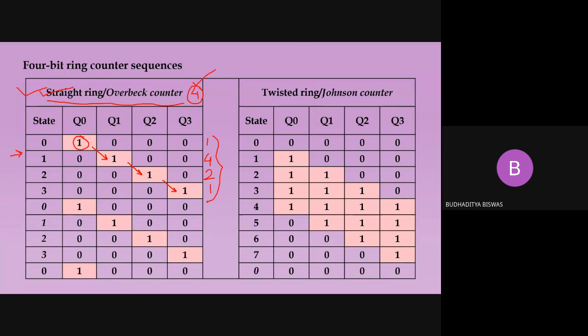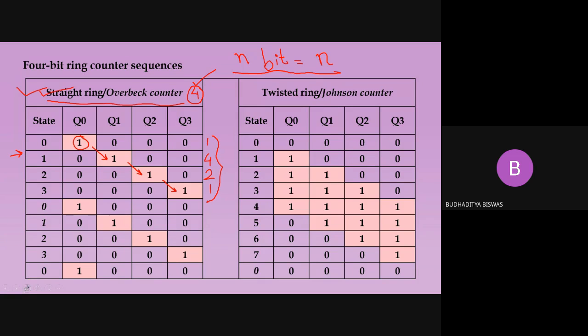Okay, so in general, how many states are there in case of an n-bit ring counter? N. Okay. So objectively, this came in the exam so many times: how many states are there for an n-bit ring counter. If it is a ring counter, for n bits, the total number of states is n. Okay. So this is called a ring counter.